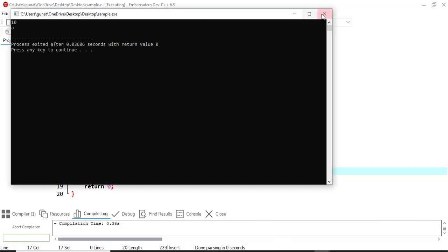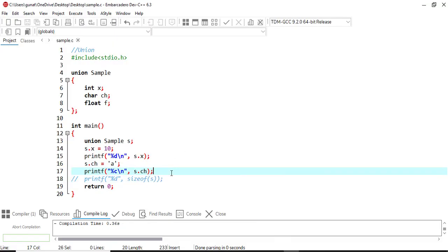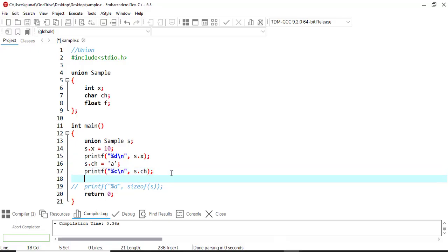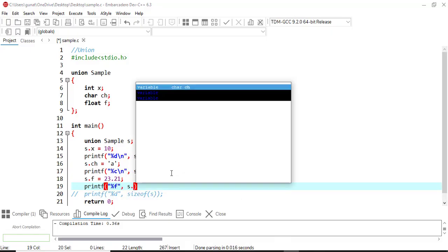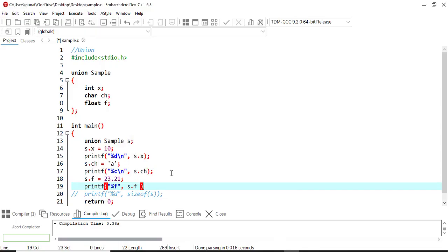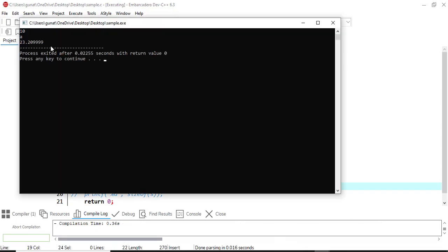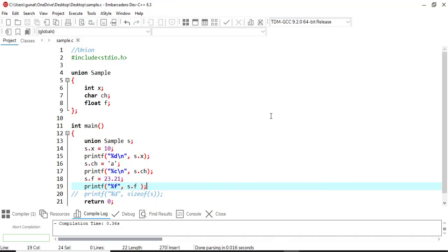See, I've got a. Now if I want to store the value for f, I'll give s.f is equal to 23.21. Now when I try to print %f comma s.f, let me run the code. I'll get all the 3 values, but keep one thing in mind, all 3 members share